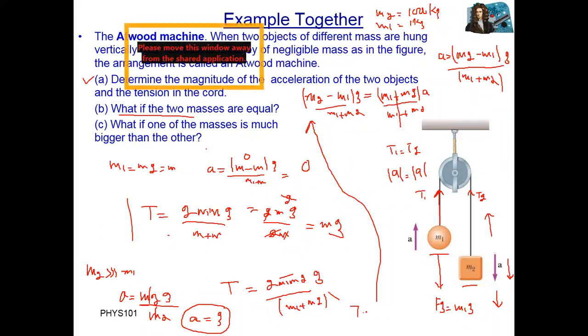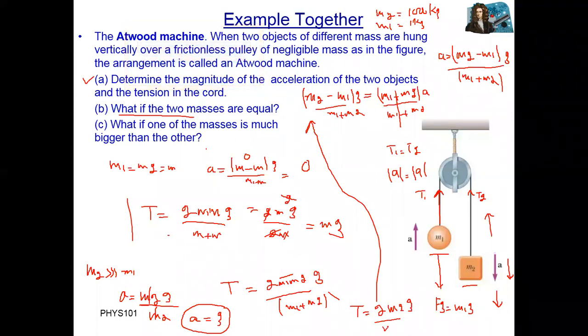Same, you can replace this in the tension. T is equal to what? If M2 is greater, multiplying 1 with 1000 equals 1000. It means I will write only 2 m2 g divided by m1 plus m2. So write down only m2 because m2 is greater. Again, if you cancel, the tension in the string is equal to 2g.